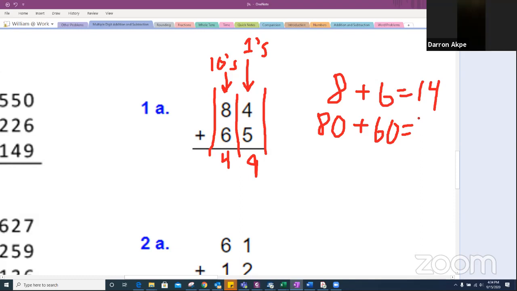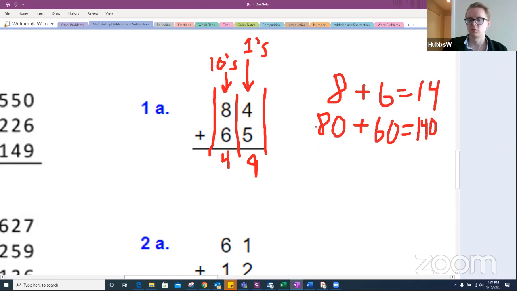It'll be 140. So anytime that you're adding numbers where it's something in the tens place, and it's a 0 in the ones place, all you got to do is add these two numbers together and add a 0 onto it. So it's the same as 8 plus 6. We just have to add that 0 back in at the end. So with that in mind,